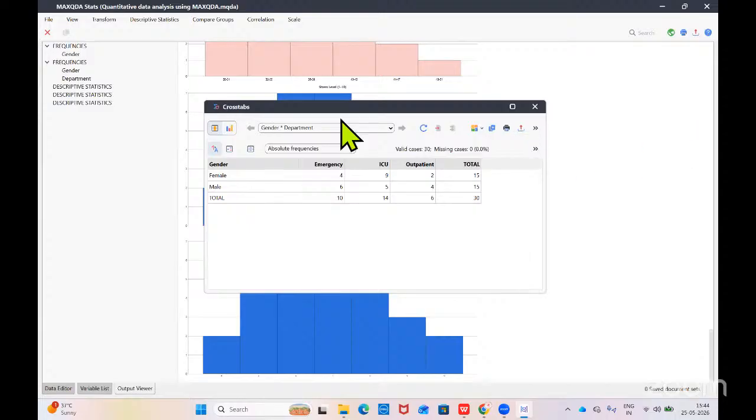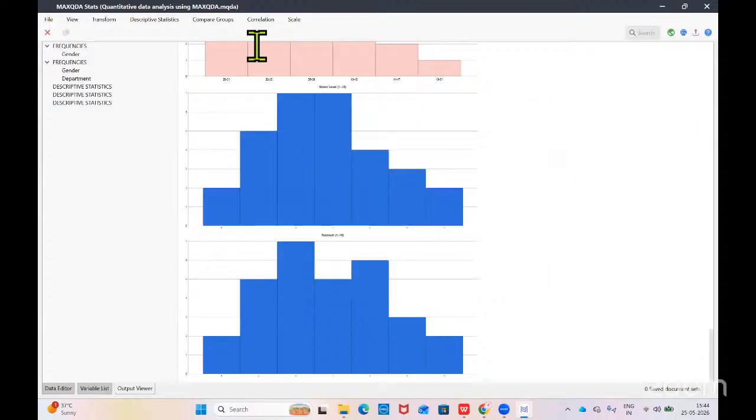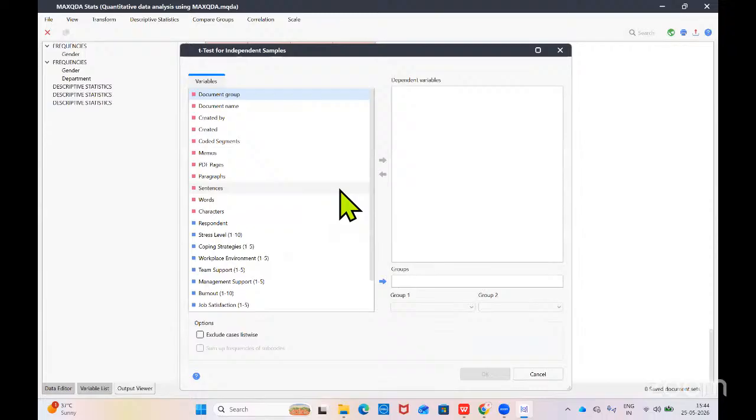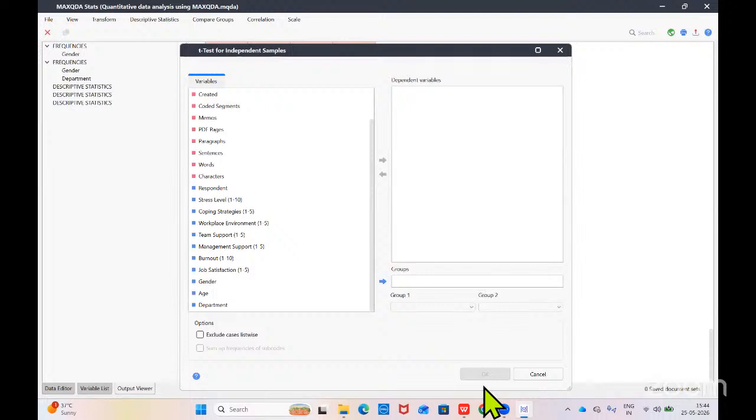Just close it here. Now let me go to the next. I want to conduct the independent sample t-test. Just click on t-test. So what are the variables that you want to set? I'm just looking at the chart box. I just want a response from